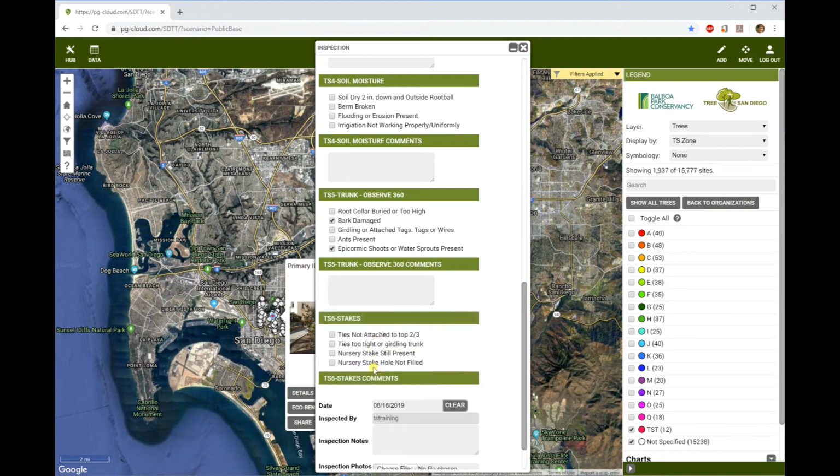And you don't have to look through all of these if you don't see any issues. So if you don't see any stakes or trunk issues and you know that you have the list and you're familiar with the list, then you can just leave these closed. But the most important thing is that when you're done